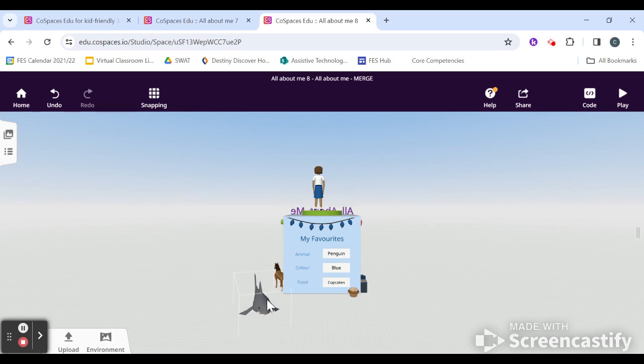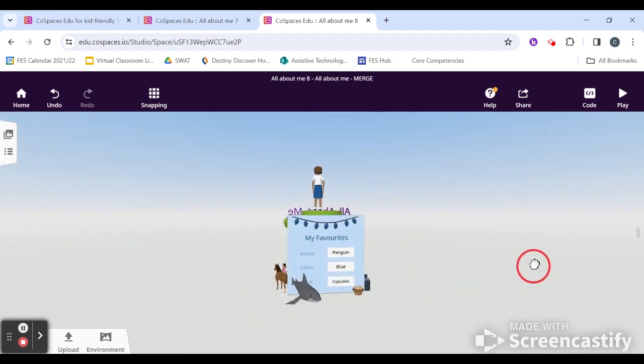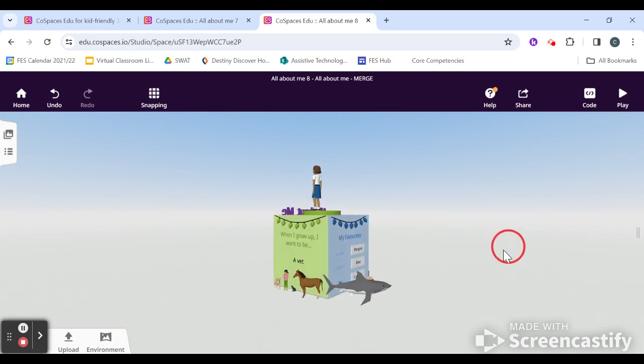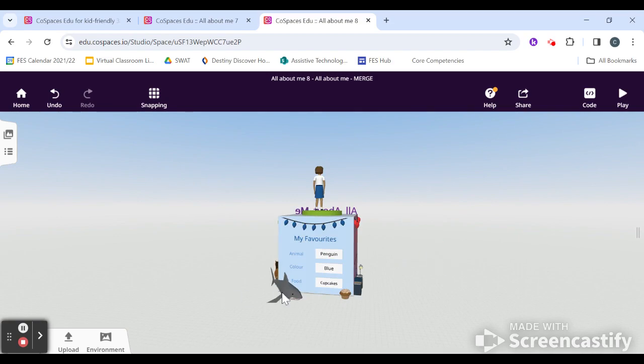And then I want to remember to check around, see how far away it is from my merge cube. I want to bring it in nice and close, so it's an accessory to my merge cube. It's not going to take up the whole space, and that is going to be nice and close. And then before I move on, I want to make sure I